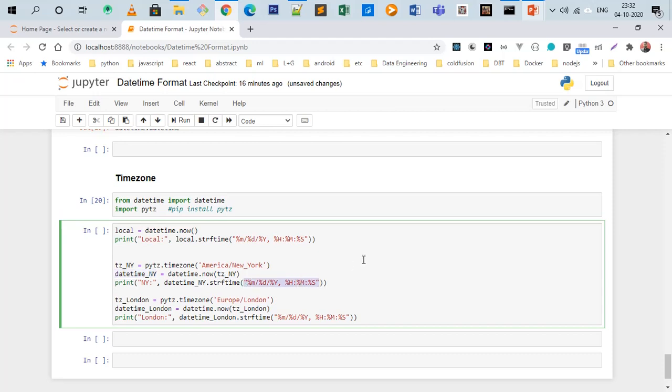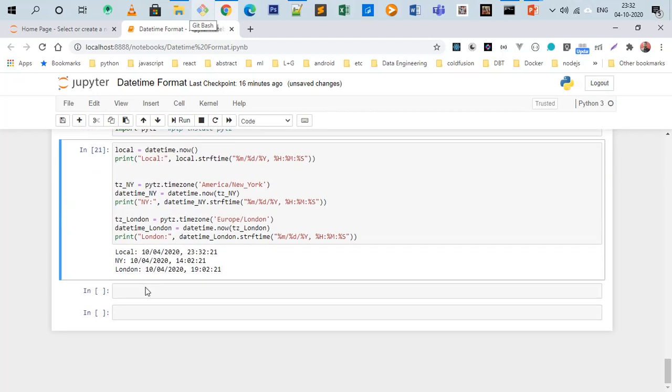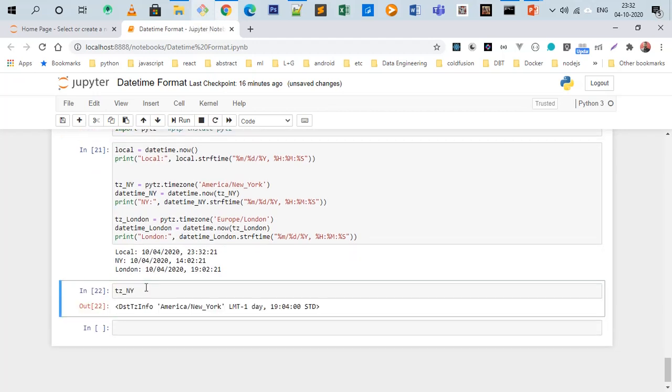Okay, so what is pytz doing? Let's try to execute it first and see what it is. So it is a timezone info, DST, tzinfo, and it is 1940 standard time, LMT, some parameters, and this is the value of the time zone.